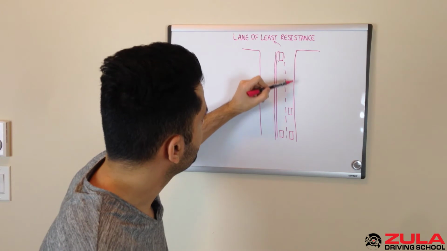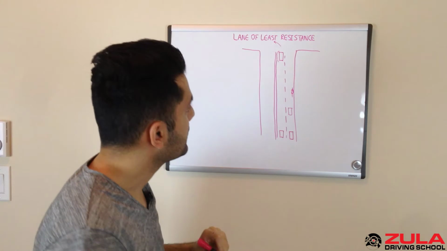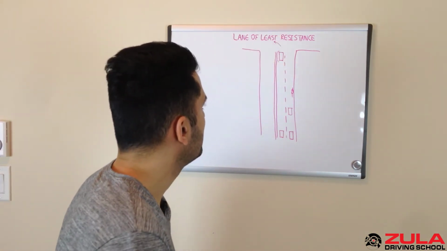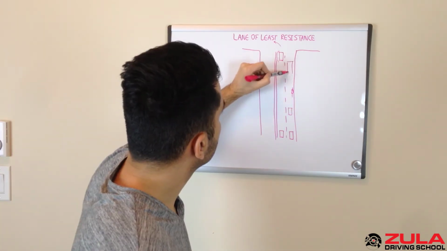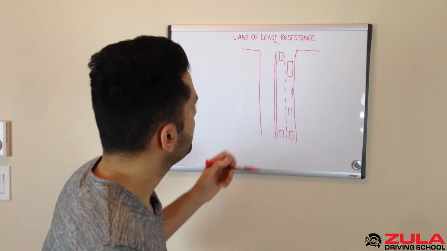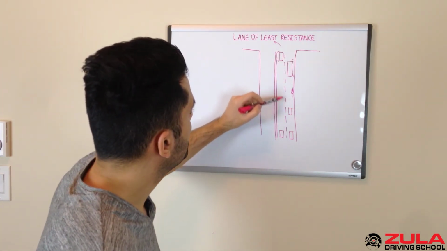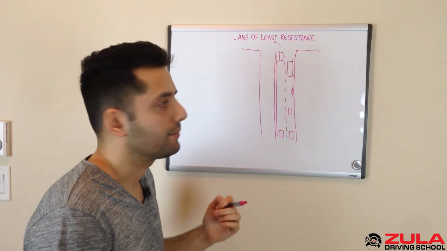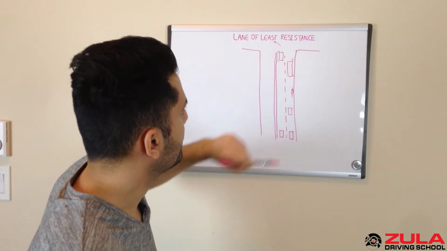Alternatively, if you're traveling in the right lane and there is a bunch of cyclists and you notice every few blocks you have to change lanes because there's a cyclist, or more commonly, there's a bus up ahead and you notice that every other block or so, this bus is pulling over at a bus stop, you might want to consider changing your lane so you're not stopping behind the bus every time it stops at a bus stop. You can figure out which lane is best by looking further down the road.